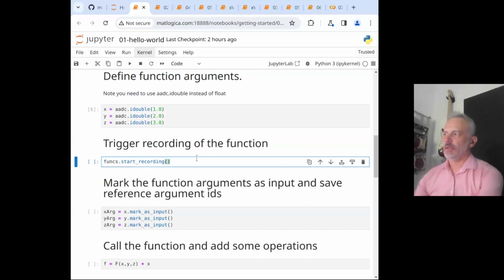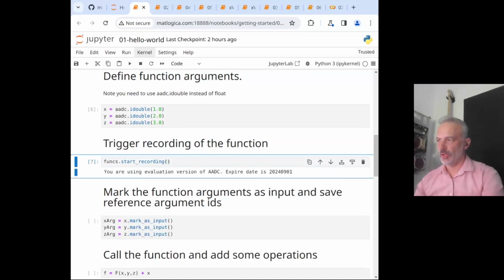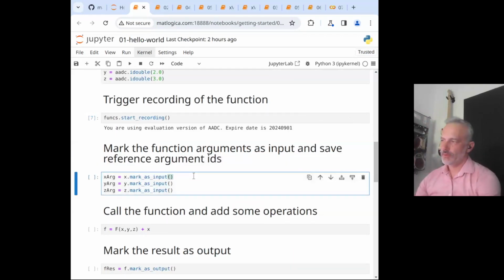So here we have our x, y, z setup, and we're going to call start recording to initiate recording of our evaluations. We also can identify what variables are actually inputs into our evaluation graph. Not all variables that participate in calculations are actually changing in your Monte Carlo simulation, right? In a basic setting, your Monte Carlo simulation can only take random numbers as inputs, and the rest can be hard-coded in the efficient kernel.